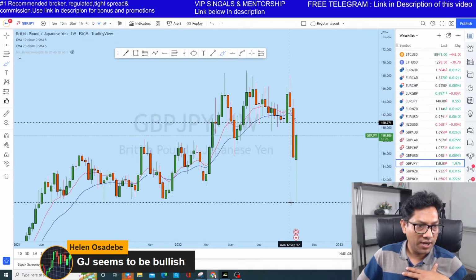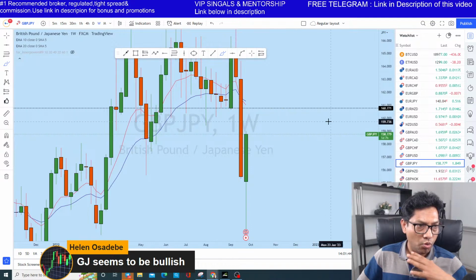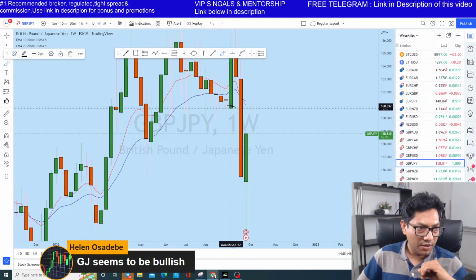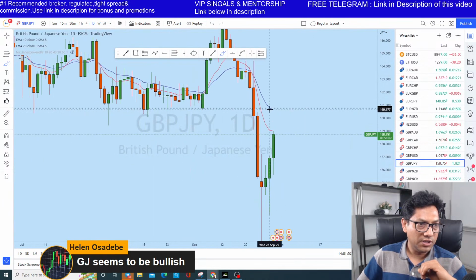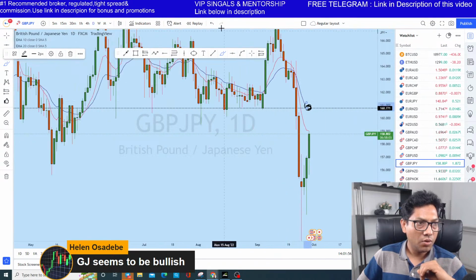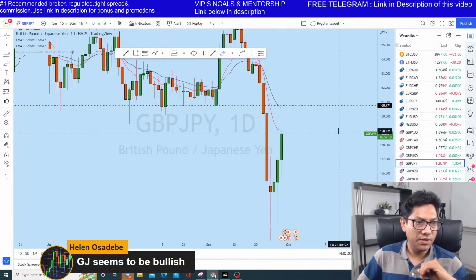Weekly, this is the weekly candle that has a big rejection from the bottom. Now on the weekly close, what I think, see that this is the neckline. Let's go to the daily, then you will understand what I'm saying. If you go to the daily, you see this is the daily 20 period moving average on GJ. What I think this price will do, GJ, the movement will happen like this.